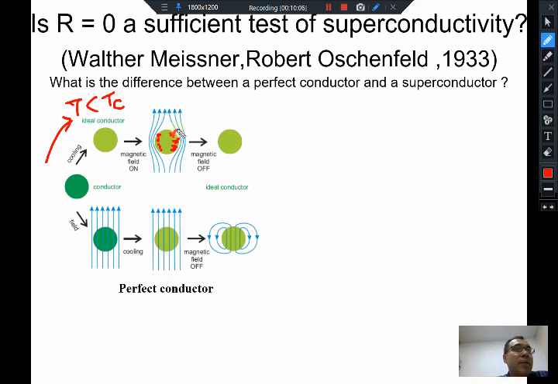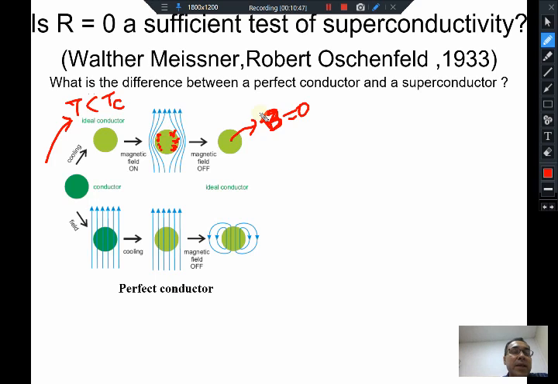You know how a metal behaves. When you apply a magnetic field, it will set up shielding currents to prevent the change of flux inside the material. Or if flux is present, it will prevent the flux from changing. The currents will be set up accordingly to maintain this state, as you know from electromagnetism. So if you switch on a magnetic field, all the magnetic field will be shielded off from its interior. This is for a perfect ideal conductor. And if you switch off the magnetic field, it will come back to the B equal to 0 state, meaning there is no flux inside the material.